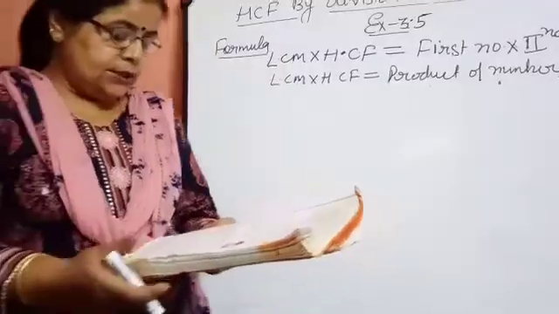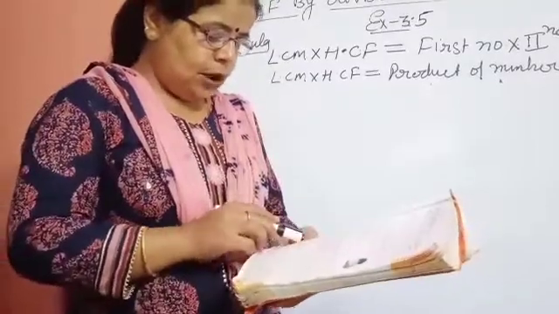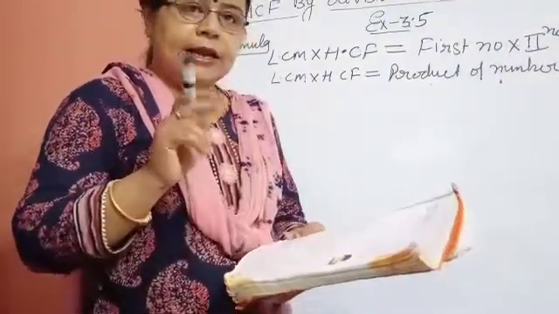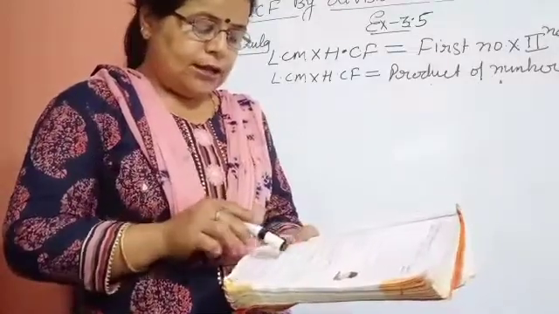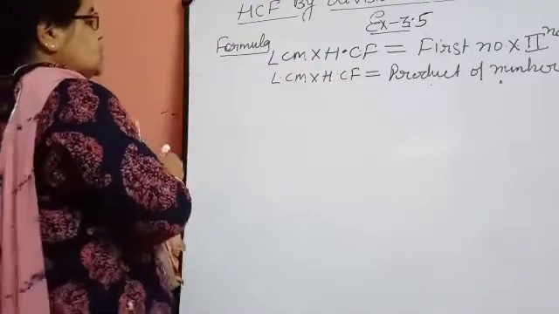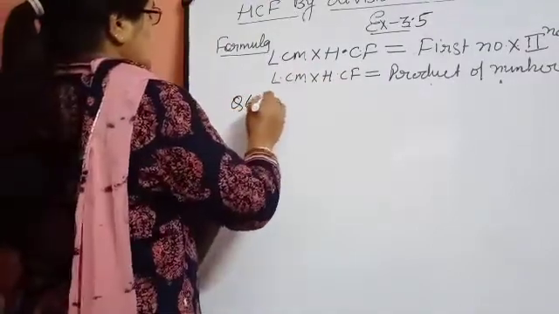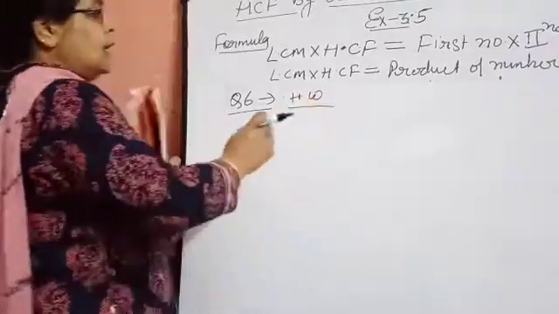Now question number 6. How many pens would be required to make complete sets of 12, 15 and 20? And in the hint it is written in brackets to find their LCM. So you can find the LCM of 12, 15 and 20. Question number 6 is also your homework, because I taught you how to find LCM.